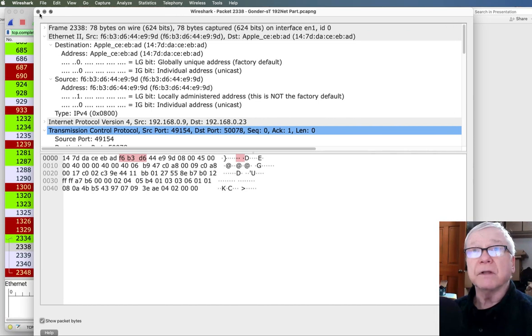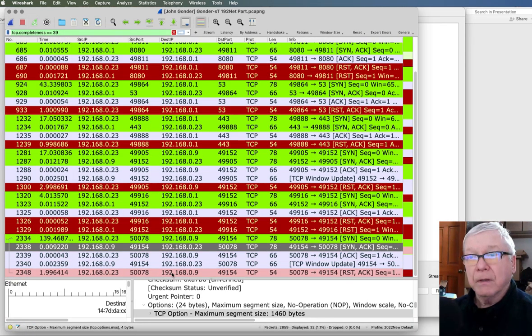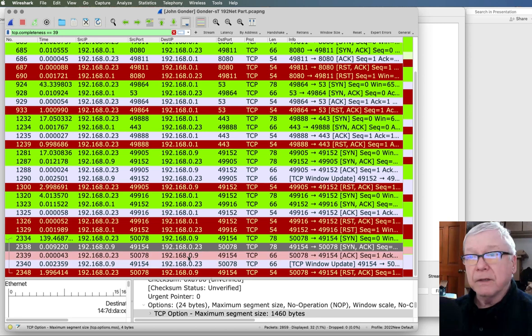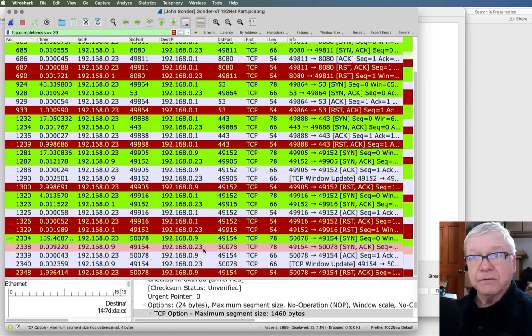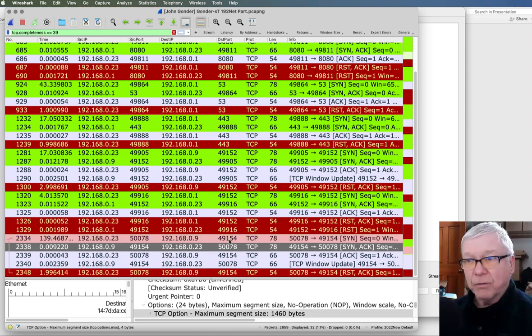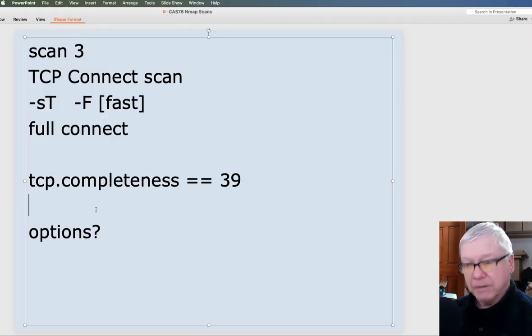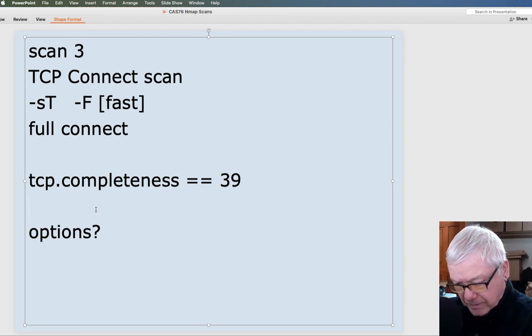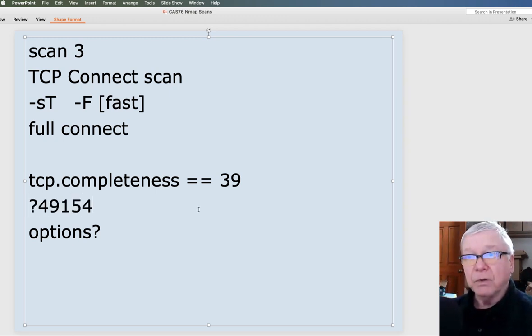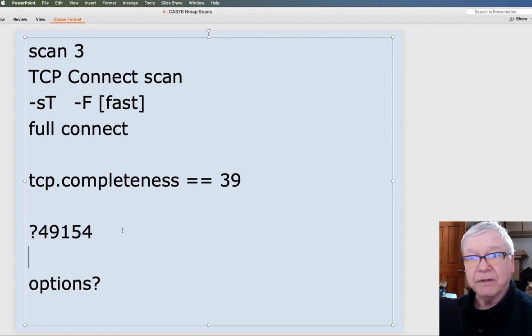Let me close that. .9, there was a SYN-ACK from .9 on port 49154. We might have to look at 49154. Make a note there. I might look and see what that is. I might want to talk about that.